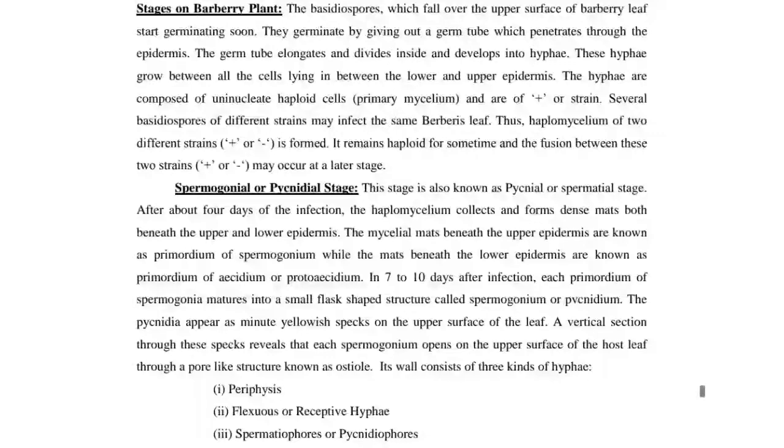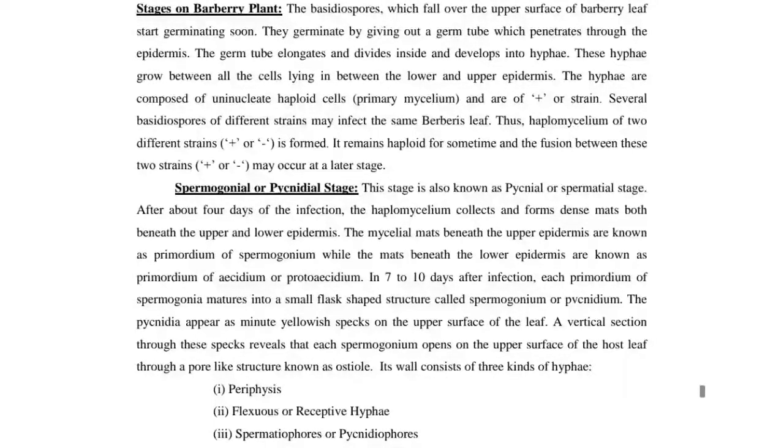Stages on barberry plant: the basidiospores, which fall over the upper surface of the barberry leaf, start germinating soon. They germinate by giving out a germ tube which penetrates through the epidermis. The germ tube elongates and divides inside and develops into hyphae. These hyphae grow between all the cells lying between the lower and upper epidermis. The hyphae are composed of uninucleate haploid cells, the primary mycelium, and are of plus or minus strain. Several basidiospores of different strains may infect the same barberry leaf. Thus, haplomycelium of 2 different strains, plus or minus, is formed. It remains haploid for some time, and the fusion between these 2 strains, plus or minus, may occur at a later